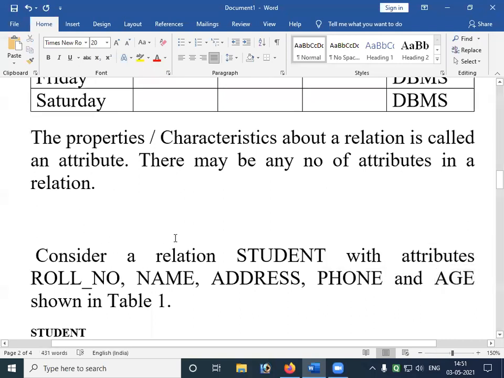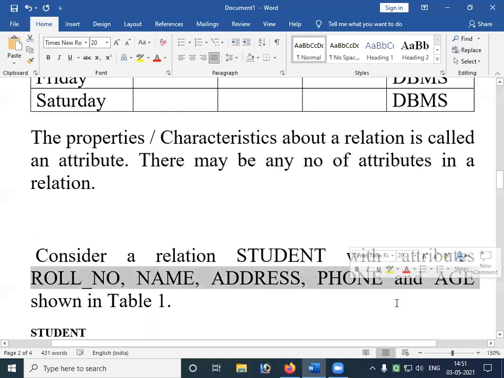These are all called properties of a student. I have mentioned here only 5 properties, my dear friends: roll number, name, address, phone and age. There may be many properties.